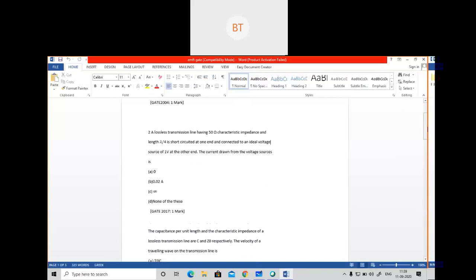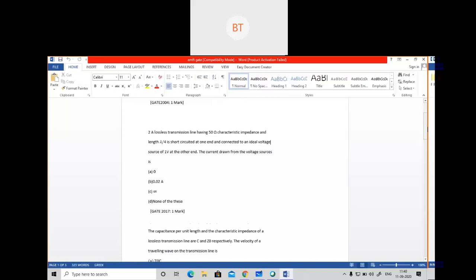If they had asked for 1 mark, definitely it is the simplest problem. So please think and tell me whatever you are thinking. Sir, same formula applied. Yes, same formula applied. But in this question we needed to calculate current. So how will we calculate current, Amisha? From the same formula you will get the Zin value. Amisha, you are going in the right track. We will calculate the Zin value, and after that, the same formula we will apply.